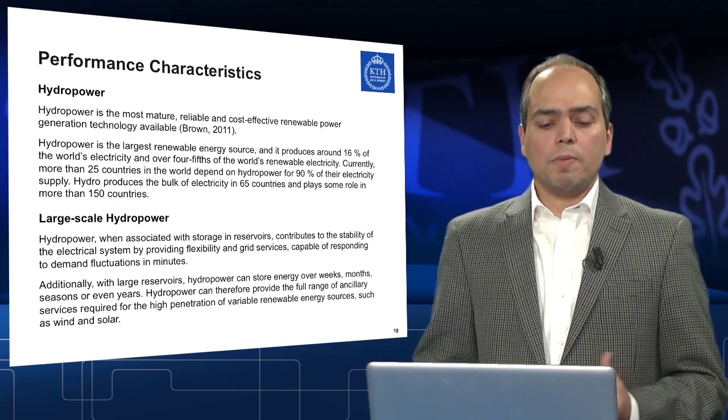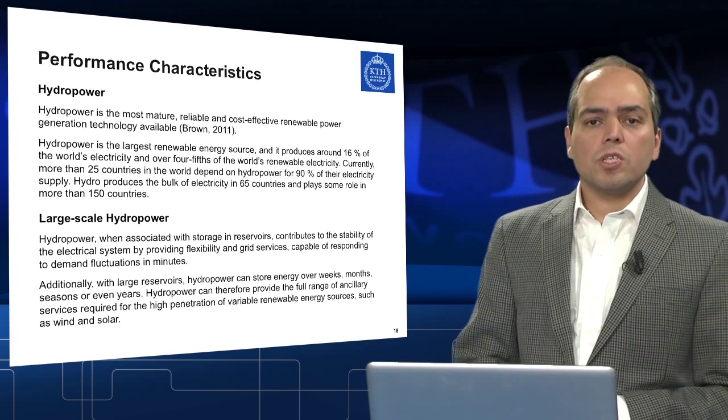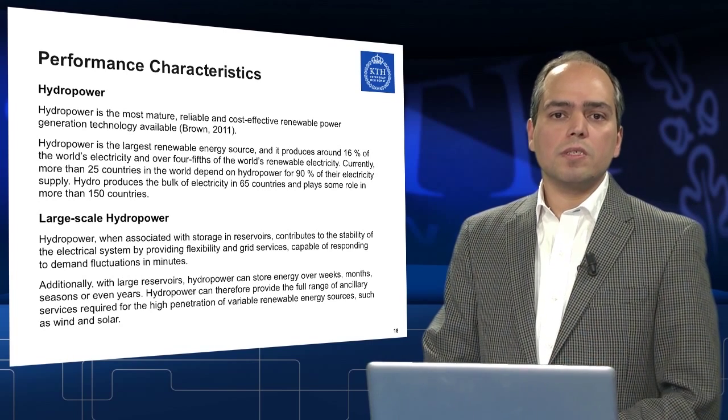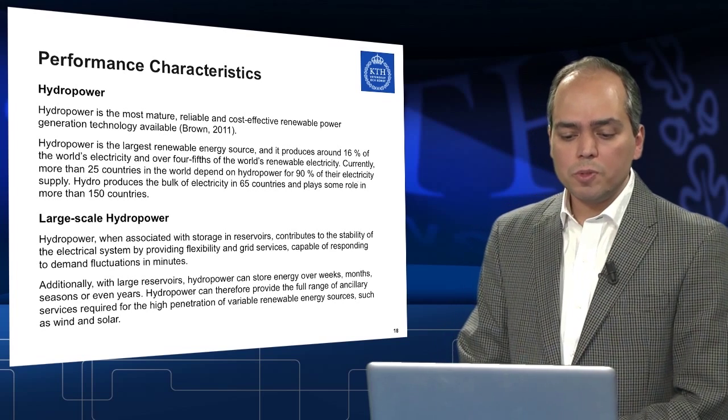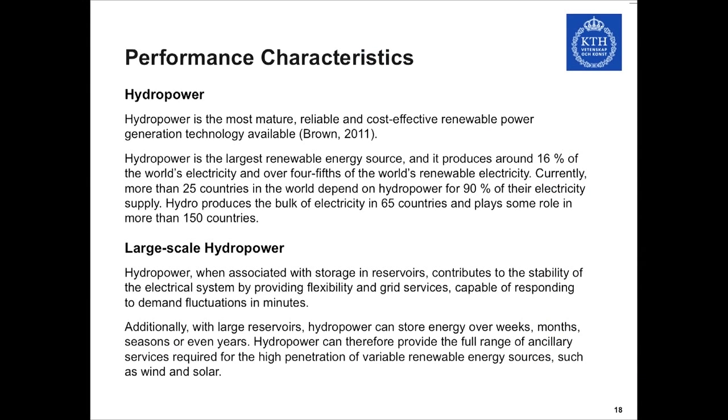So I would like to wrap up this session by highlighting some characteristics of hydropower. Hydropower is the most major, reliable, and cost-effective renewable energy technology available. Hydropower is the largest renewable energy source, and it produces around 60% of the world's electricity. In more than 25 countries, hydroelectricity accounts for more than 90% of the electricity supply, and it is involved in more than 150 countries